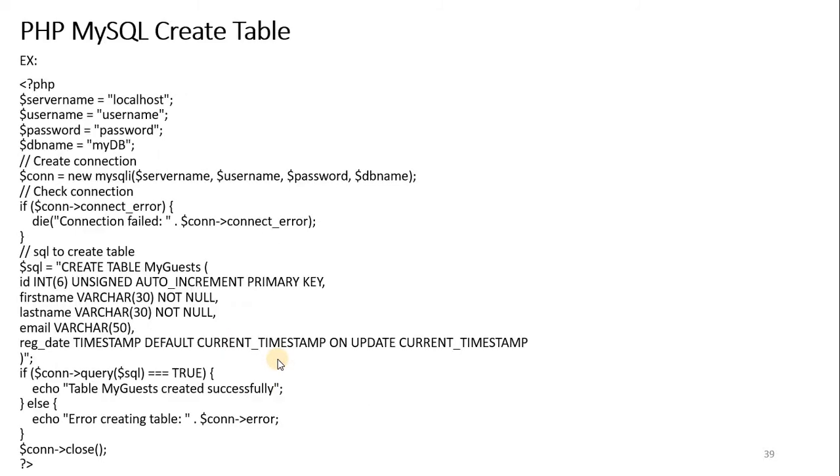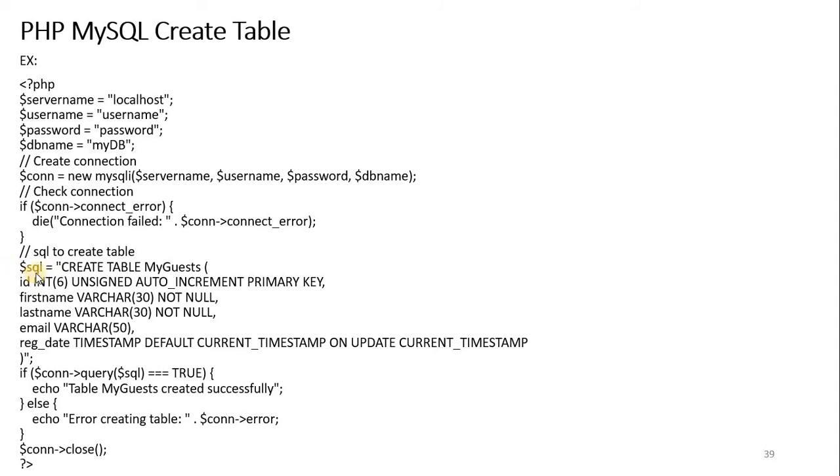In the same way we can create a table. In the starting lines, you are supposed to create a connection and establish the connection between the PHP program and the MySQL server, and then see here, CREATE TABLE. This is how you create a table, storing it in the variable $sql.